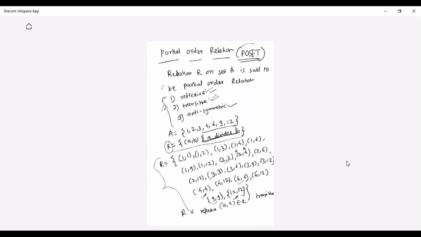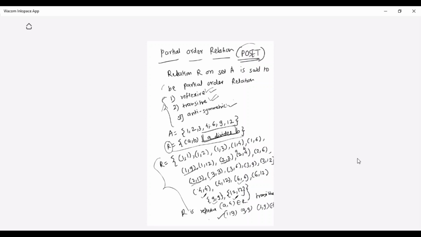You can take any example; right now I'm taking only one or two, 1 to 9 suppose, and 9 to 9. I'm having 1 to 9, and then I'm having 9 to 9. So whether I'm having 1 to 9, yes, I'm having 1 to 9. Then suppose you take 2 to 2, and for 2 again 2 to 12. So 2 to 2, 2 to 12. Whether you are having 2 to 12, yes. So if you check for each and every pair, you will get the transitivity. So R is transitive. The second one also we have proved.